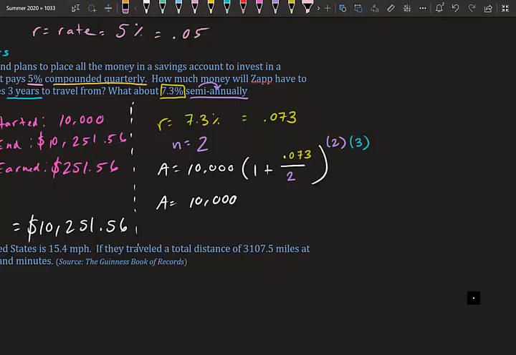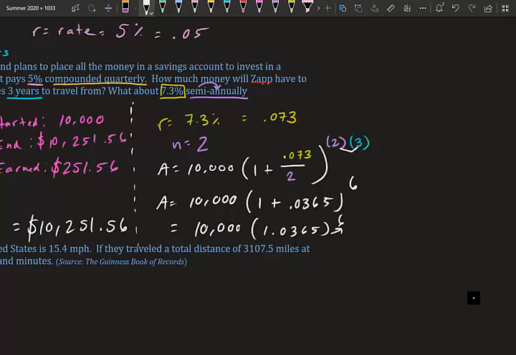Remember, parentheses first. So we have 10,000 times 1 plus, now with our calculator we do 0.073 divided by 2, and when you did that, we should get 0.0365 to the power of 2 times 3, which is 6. Now we're going to add inside our parentheses, and when we do, we have 1.0365 to the power of 6. Now we need to do to the power of 6, so 1.0365 to the power of 6, and we get,